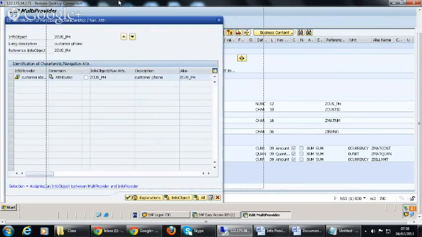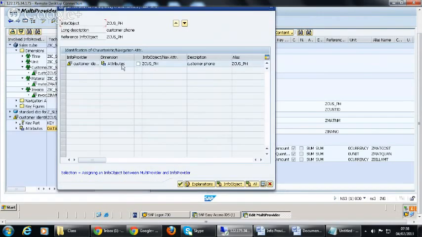Here when you do the identification, there are characteristics, right? Customer identity, and there is a characteristic called customer phone number, and this only has a customer identity. So customer phone number is not available in InfoCube, SalesCube, and it is not available in data store object.